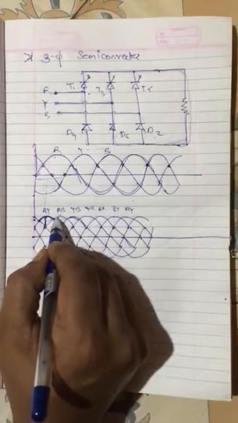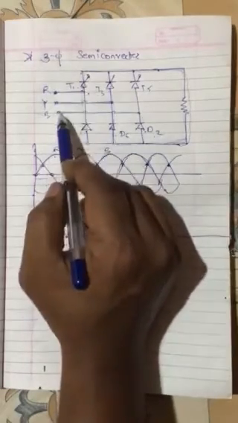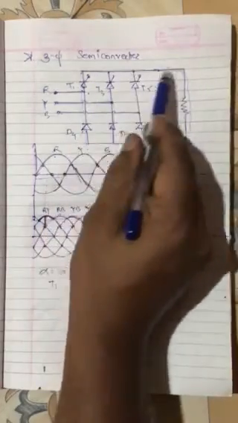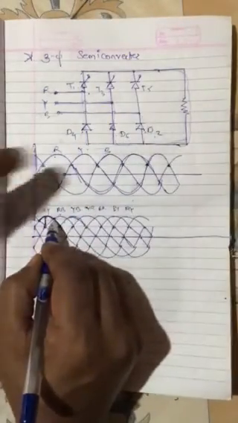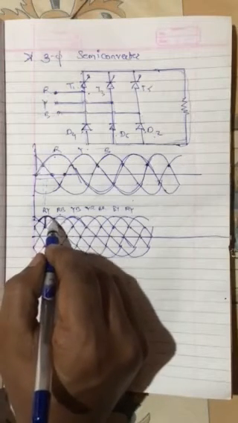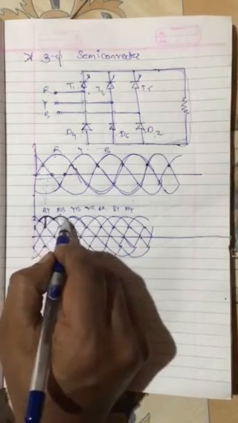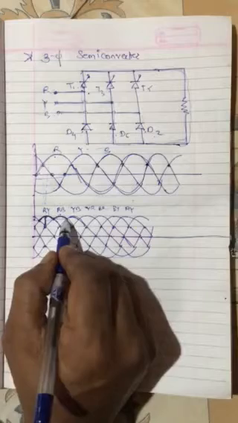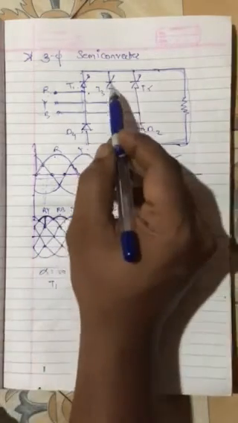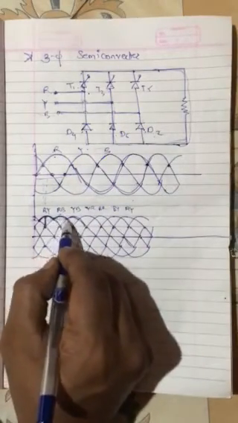So as RB is positive, what happens? For RB, T1 is, yes, we are giving a firing pulse, but now B comes into the picture. So for B, which diode is there? D2. So when we reach here, automatically D2 will become more positive and D6 will get off. So hereafter the waveform will conduct like this till what point, till YB? Can I say that here it will stop? No. Why no? Because I have not given a firing pulse to T3. Okay, so no chance that T3 will get on. So this waveform will continue to conduct.